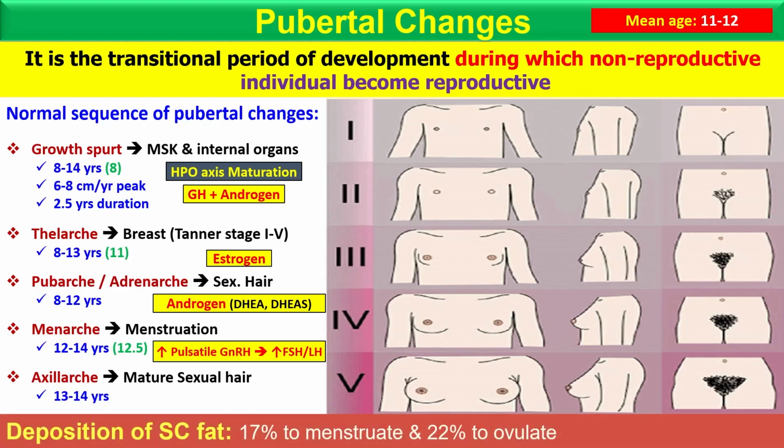Okay, it has also been observed that if there is low subcutaneous fat, there is no start of the menstruation, or the patient comes with the complaint of primary amenorrhea. So she said all the other friends of the same age started the menstruation while she has not. So what is the problem? Sometimes it's due to the low fat deposition in the subcutaneous fat. So for the menstruation, almost 17% is needed to mature. For the ovulation, 22% is needed.